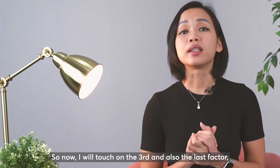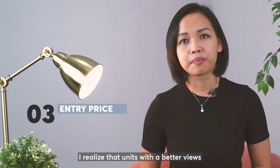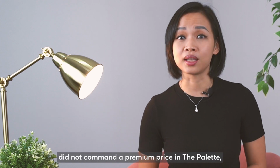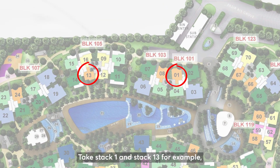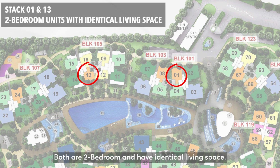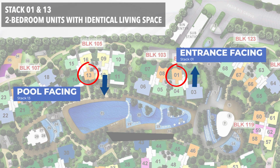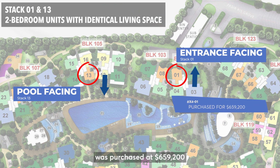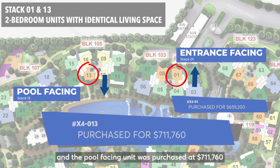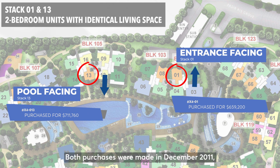So now, I will touch on the third and last factor, which is the entry price. I realized that units with better views did not command a premium price in the Palette. What mattered more was the entry price. Take Stack 1 and Stack 13 for example. Both are 2-bedroom and have identical living space. Stack 1 is entrance facing, whereas Stack 13 is pool facing. The entrance facing unit was purchased at 659,000 and the pool facing unit was purchased at 711,000. Both purchases were made in December 2011, yet